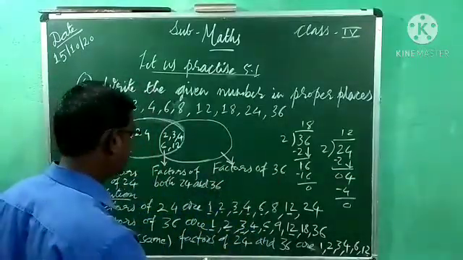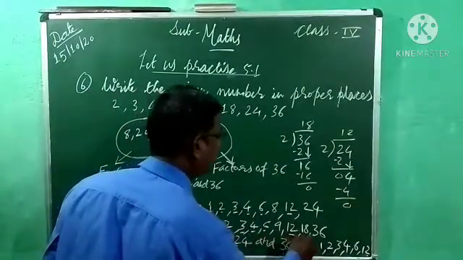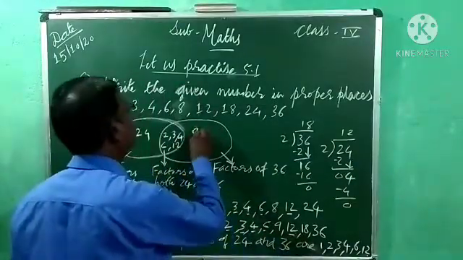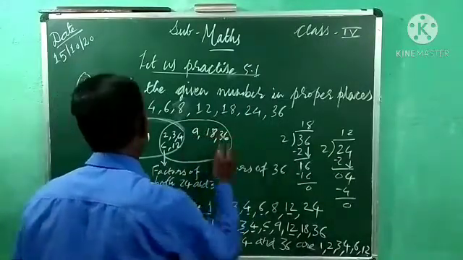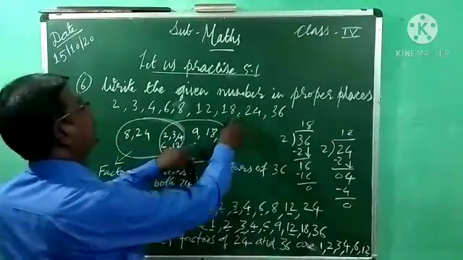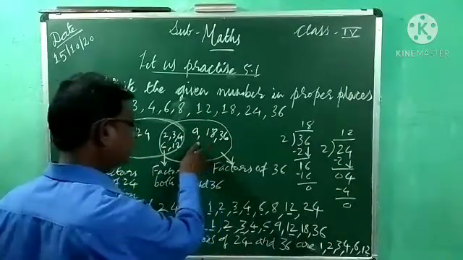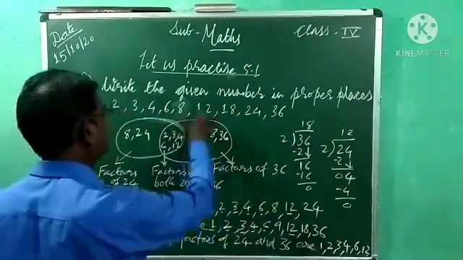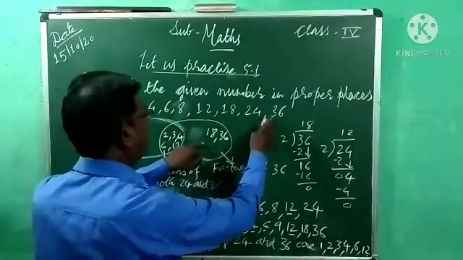In the same way, factors of 36. Which numbers have we underlined here? 1, 2, 3, 4, 6 and 12. Leave those. Now what is left? 9, 18 and 36. अब देखो 8 भी दिया है यहाँ पर, 24 भी दिया है, ठीक है. 9 is not given here, so we can leave that 9 because 9 यहाँ पे ऑप्शन में नहीं है तो आप छोड़ सकते हैं उसको. 18 is there, in the same way 36 is there.